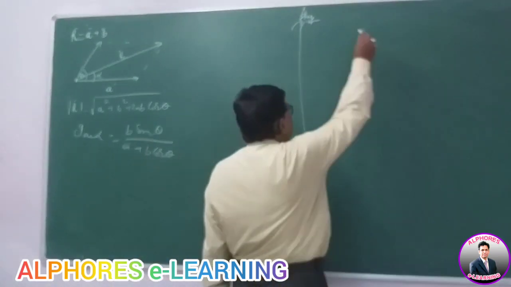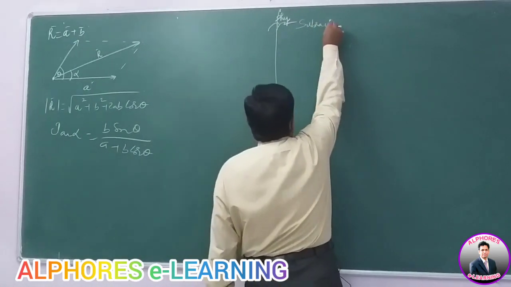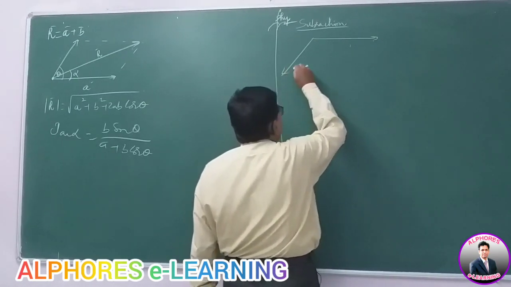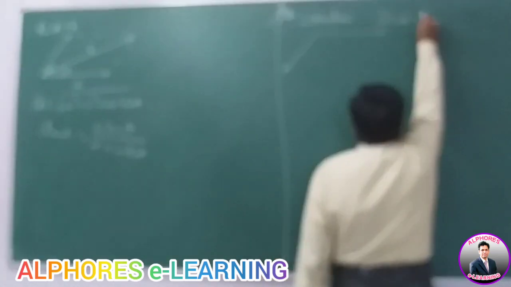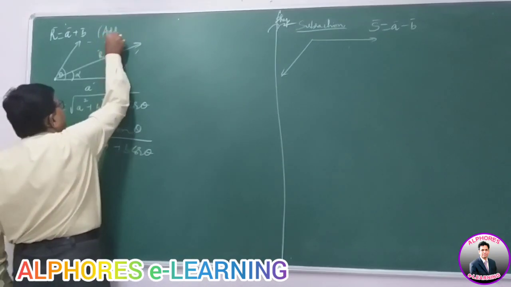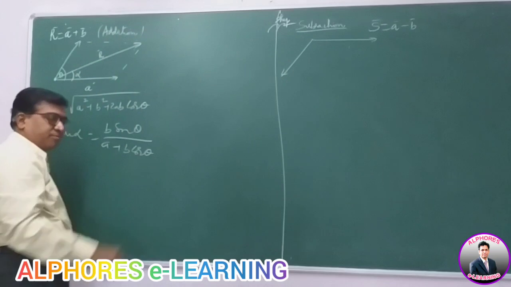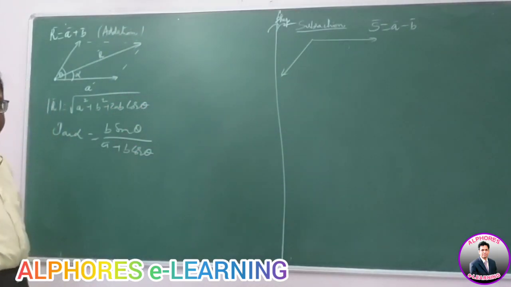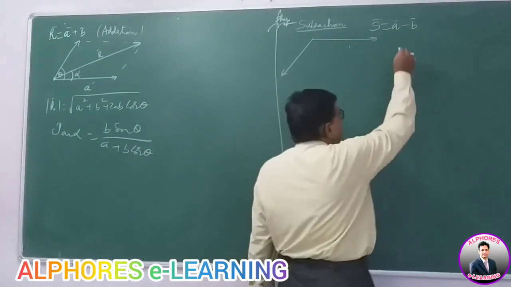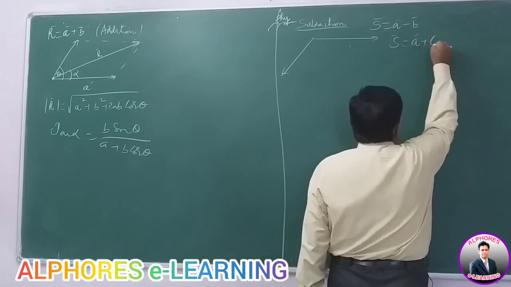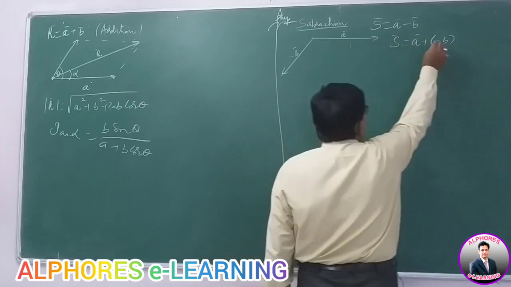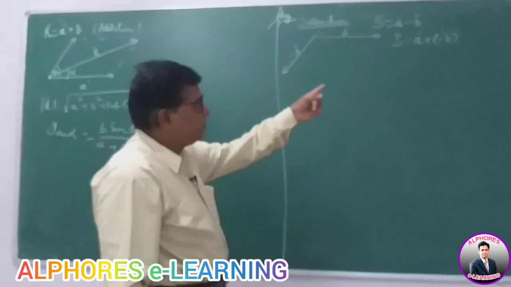Similarly, if we take up the subtraction of vectors, then in subtraction of two vectors, s bar is a bar minus b bar. Here r bar is the addition of vectors. This is called the addition resultant of two vectors. That is the subtraction resultant of two vectors. Here r bar is a bar plus b bar. Here s bar is a bar minus b bar, or s bar I can write as a plus of minus b. Well, b is like this, but I am taking minus b, a bar minus b bar. So it is the subtraction resultant.